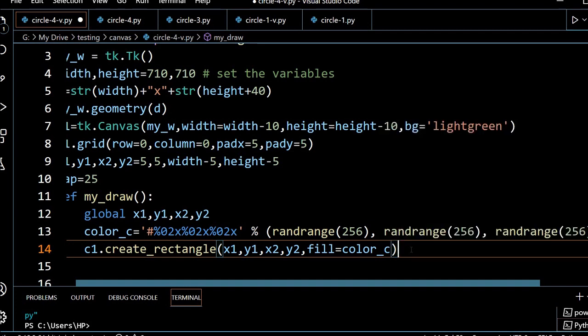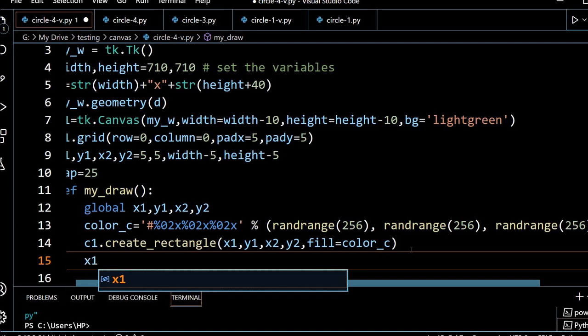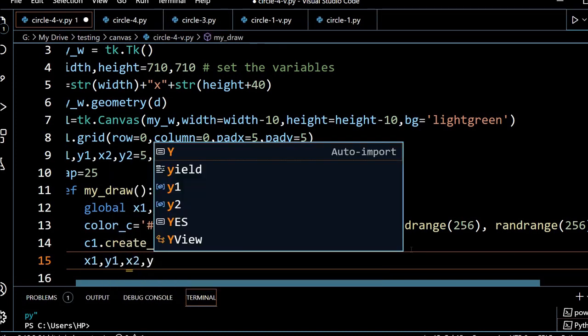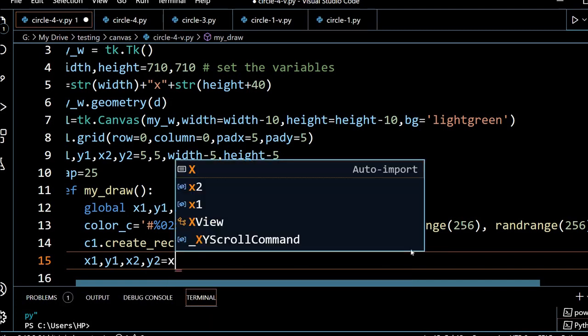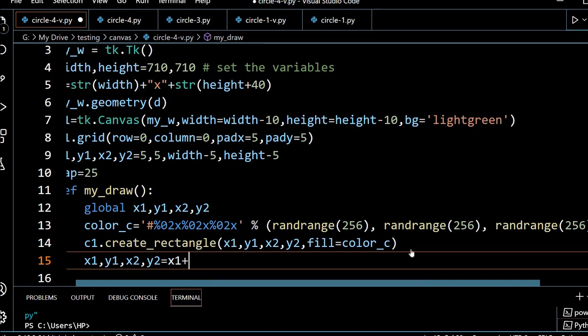Now once that is done, what should happen to these four coordinates x1, y1, x2, y2? I will reassign the values. x1 will increase, so x1 equals x1 plus gap.